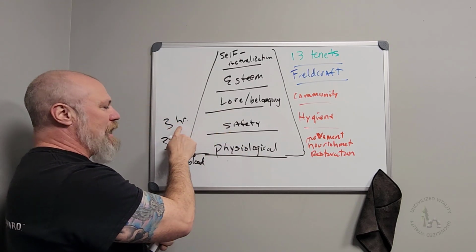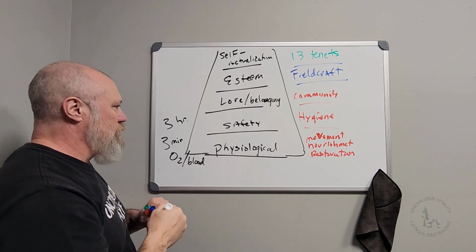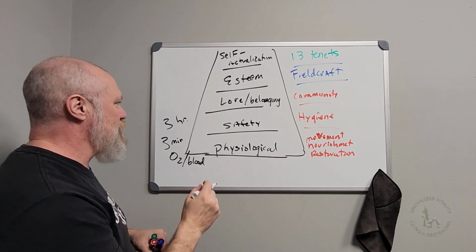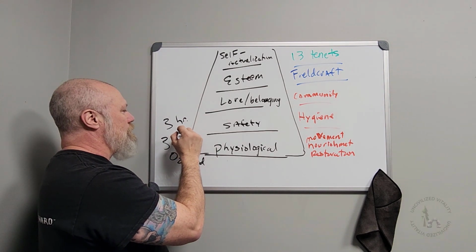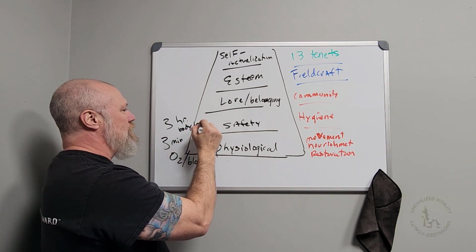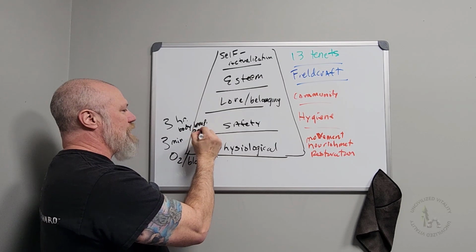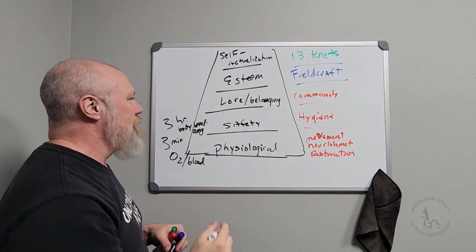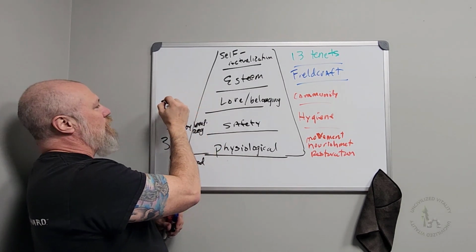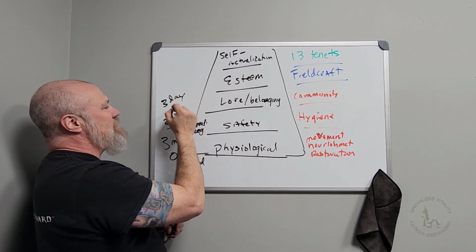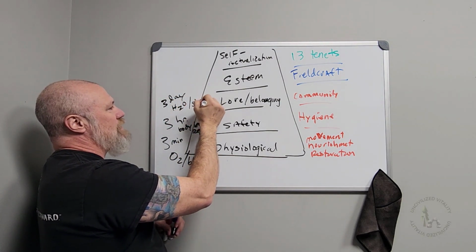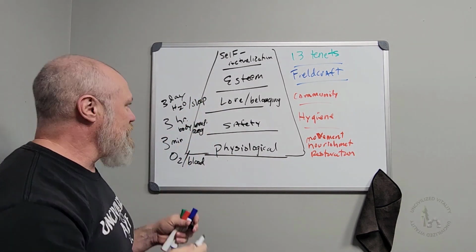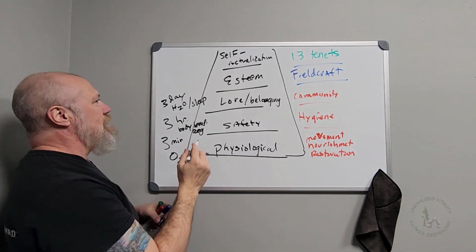This is going to be controlling your body temperature. O2, blood, basically traumatic first aid. And then you've got your body temperature regulation or exposure. That's going to be within your 3-hour need. Then you move up to what we call the 3-day needs. This is basically going to be water and sleep. You need to get proper rest, and you obviously have to stay hydrated.